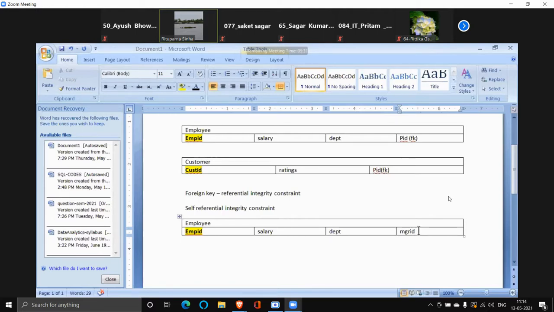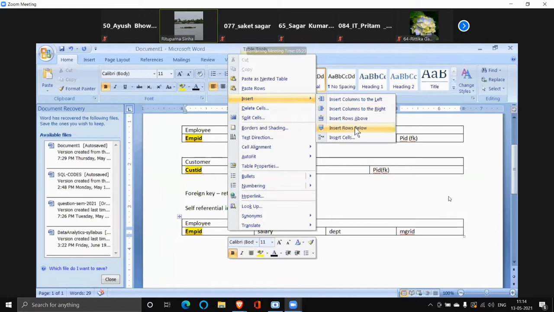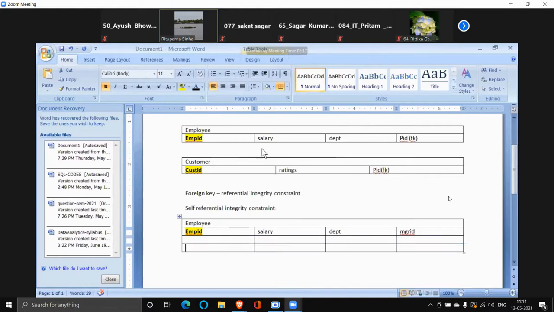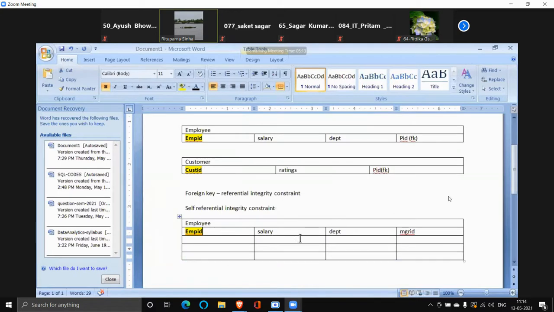MGR ID is the manager ID. Every employee has a manager, and the manager has a name, salary, and other details.